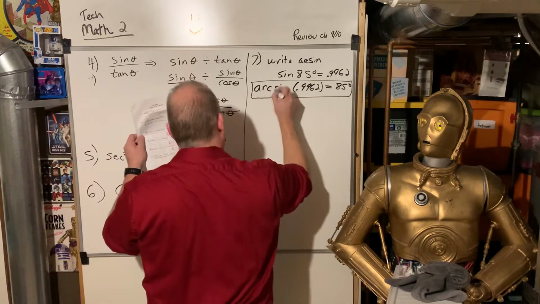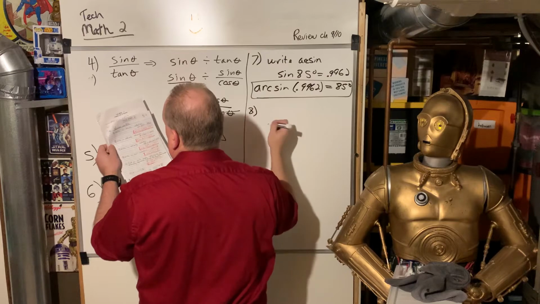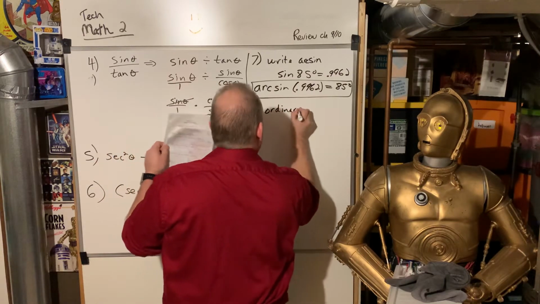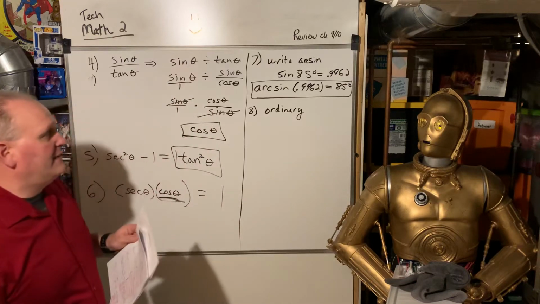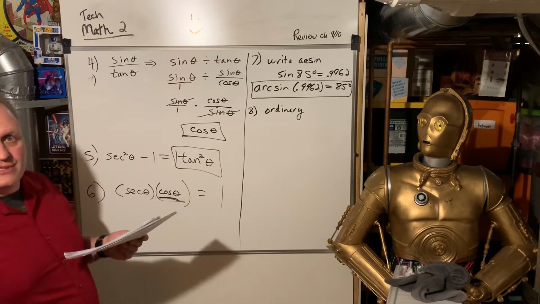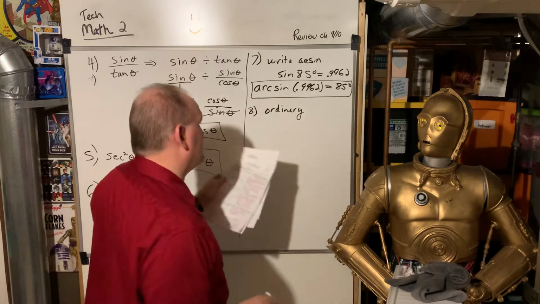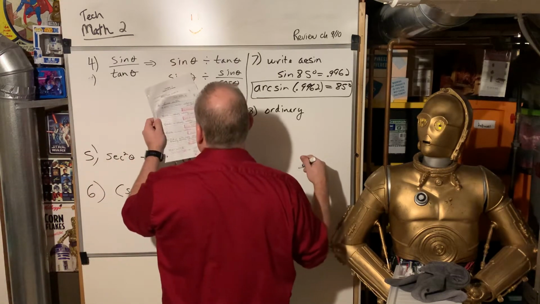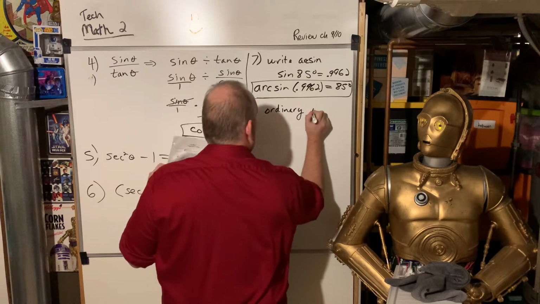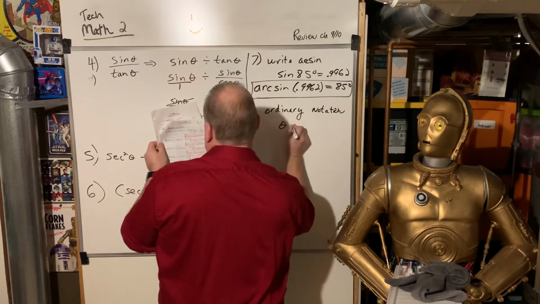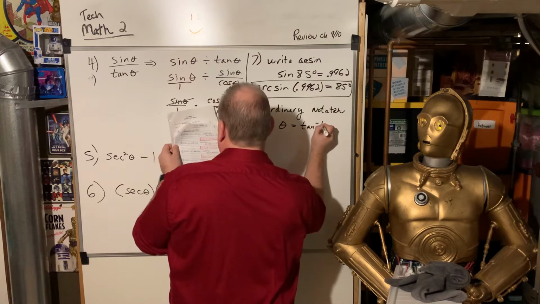Okay, and we should be pretty used to that. We did a lot of work with the arc sine, arc cosine, arc tangent, mostly arc tangent, when we were doing chapter 2 with all of the vectors and stuff. So put this in ordinary notation, and they have theta is equal to the arc tangent of